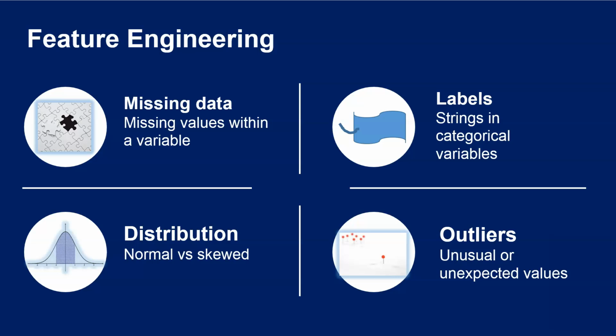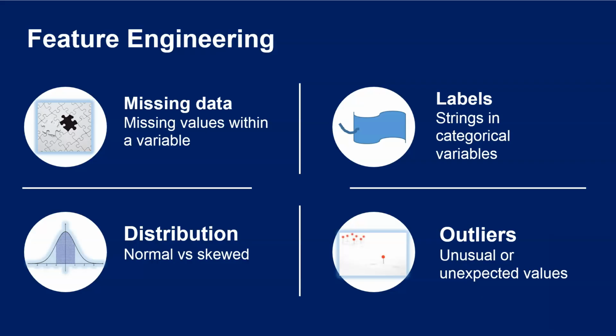A second aspect that we need to tackle is the presence of labels in categorical variables. This is, the values of the variables are strings rather than numbers, and we can't use them as such in machine learning models, certainly not in Python using scikit-learn. A third consideration to keep in mind is the distribution of the variables for numerical variables, and specifically whether they follow a Gaussian distribution or if they are rather skewed. For some algorithms, the presence of outliers is also detrimental. Outliers are unusual or unexpected values within a variable. This is values that are extremely high or extremely low compared to the majority of all the other values for